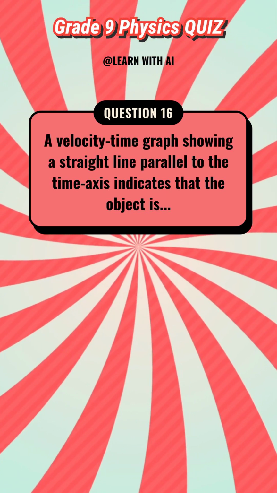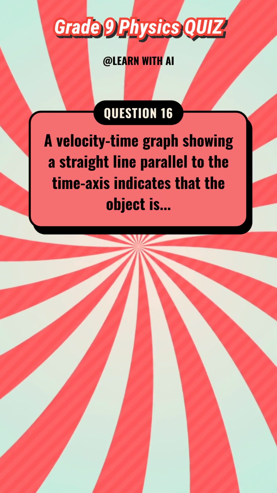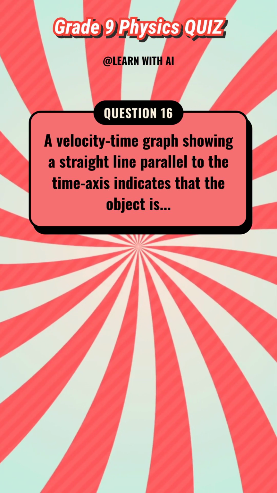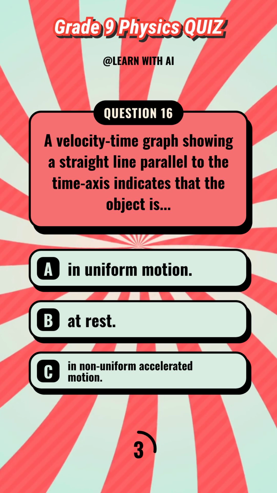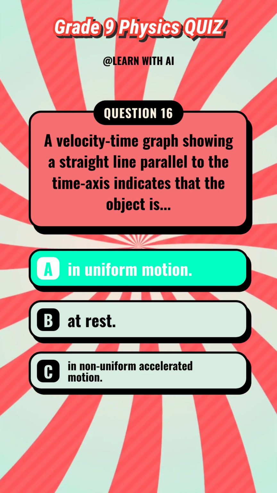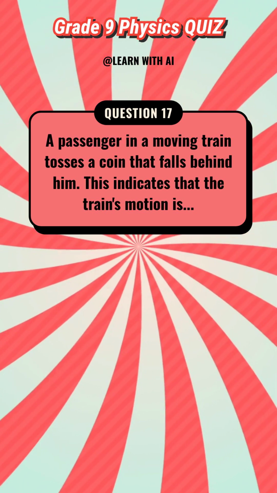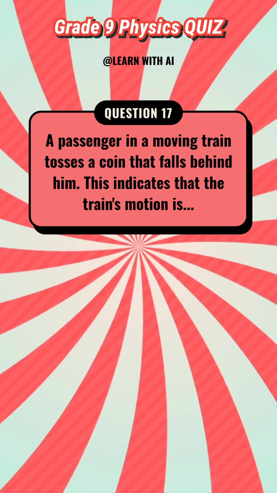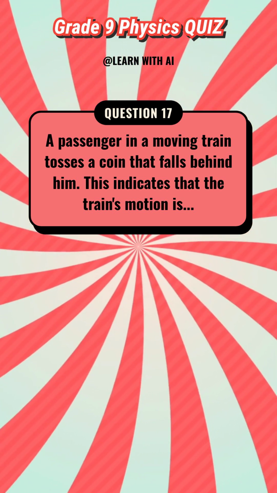A velocity time graph showing a straight line parallel to the time axis indicates that the object is. A passenger in a moving train tosses a coin that falls behind him. This indicates that the train's motion is